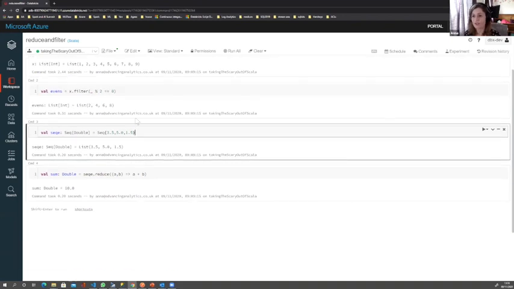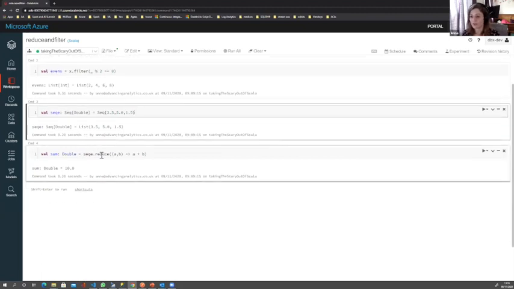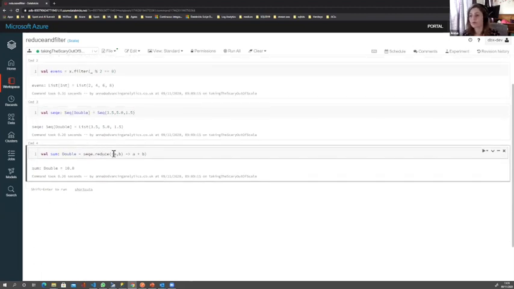And what about reduce? So I've got my sequence here. A sequence is very similar to a list. And we've got a sequence of 3.5, 5.0, and 1.5. And we're going to apply a reduce on it. What does that mean? Well, when it reduces it, it actually adds them all together. So by doing A plus B, we are essentially going to get 10, because 3.5 and 5 and 1.5 added together is 10.